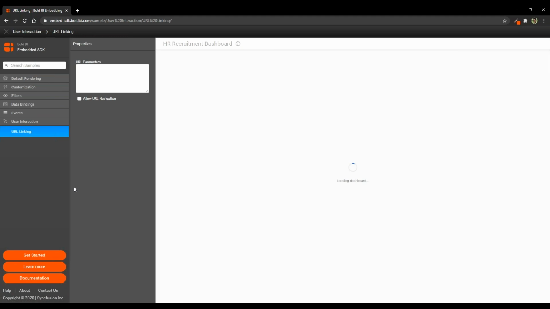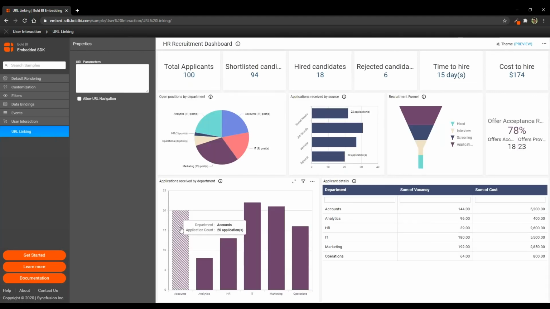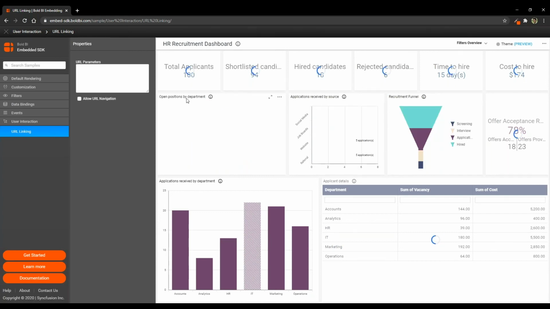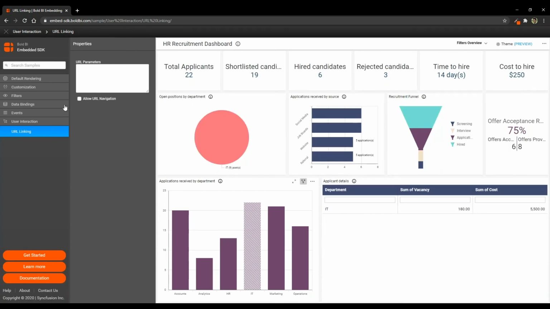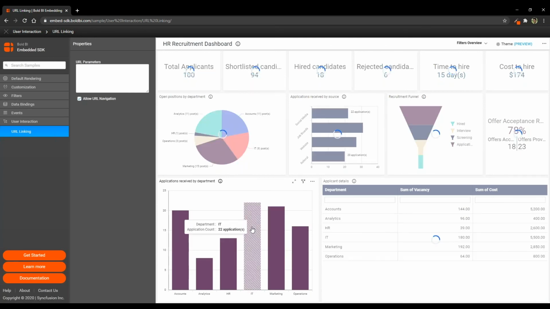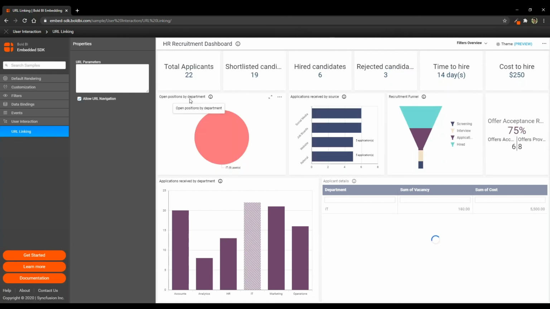And coming to user interaction, you can set the URL parameters at your application level itself, and based on that, the dashboard will be loaded. For example, let me choose the IT department over here, and in the open position, okay, before that, I think I should select this allow URL navigation. Now let me choose this IT department, and in the open position by department, this master widget, let me click that.